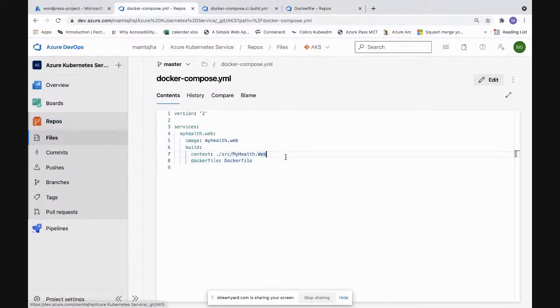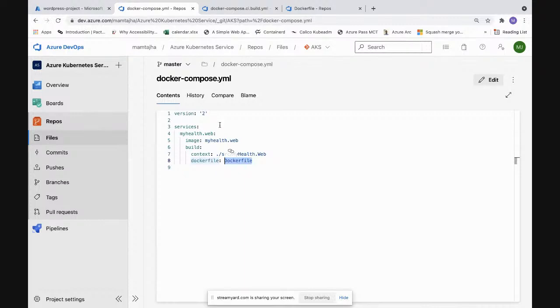Now, the context which we are setting here is having this ./src my health web. We are picking up the source from here, and then we are using this Docker file and we are doing this. Remember that this is a compose file. This is just not a Docker file.